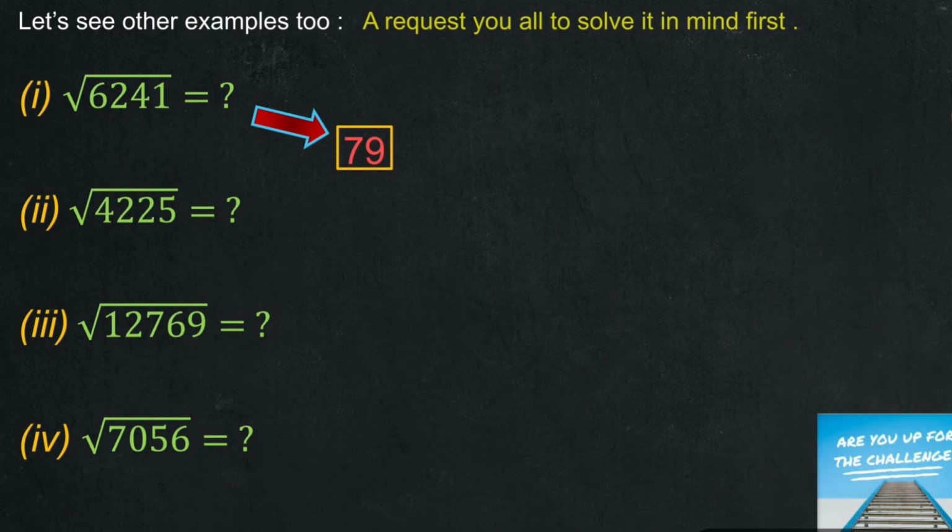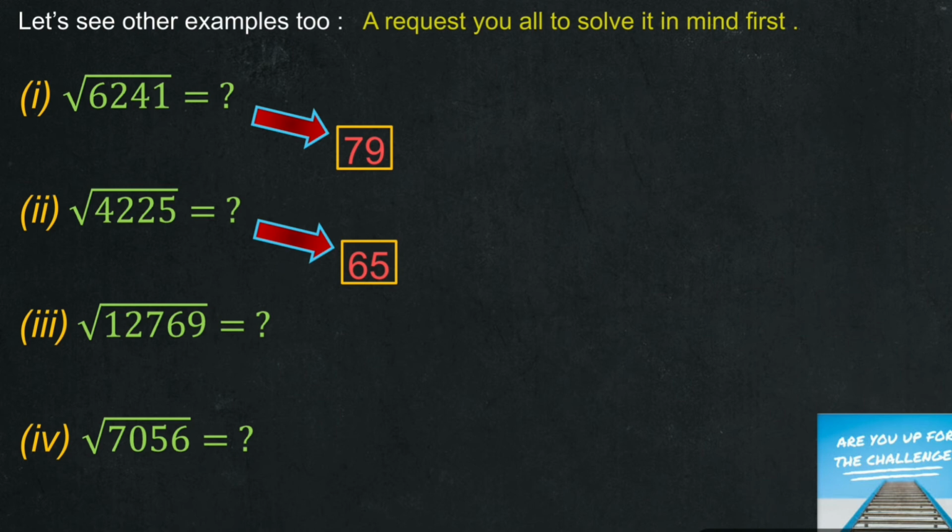Next, 4225, ending with 5, last two digits cancel. 42, that means this must be 36, 6 square, 6 into 7, 42. Alright, so we do not need to check in this case because 25 is the independent one, so 65 will be our answer. Wait a second. 4225, 5 is the last digit, so 5 will come, and 42 is just above the perfect square 36, whose square root is 6, so 6 will come, only 65, because 5 is independent, we do not need to check 6 into 7 and all that.